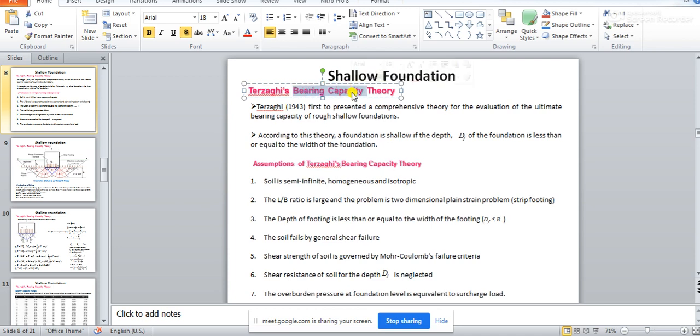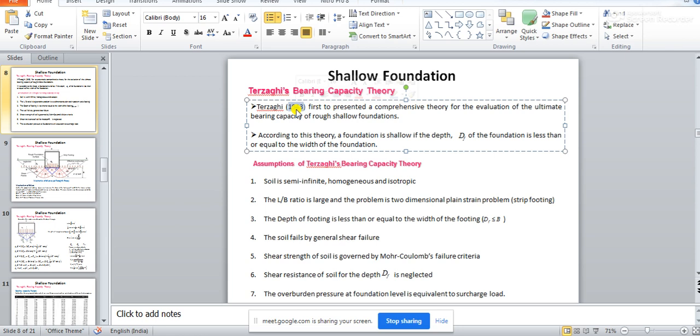And which bearing capacity has he told about? He has told about the ultimate bearing capacity. So, in 1943, Terzaghi discovered the general shear failure and local shear failure criteria. You remember the general shear failure, local shear failure and punching shear failure we have discussed. Whereas in 1963 Vesic found out there is another shear failure criterion, which is punching shear failure.